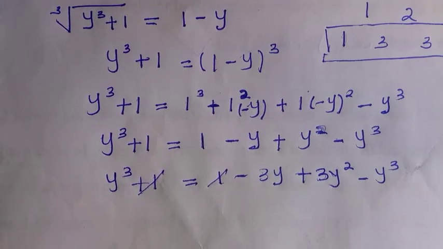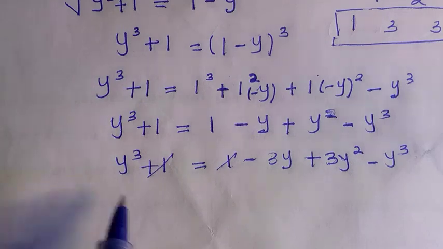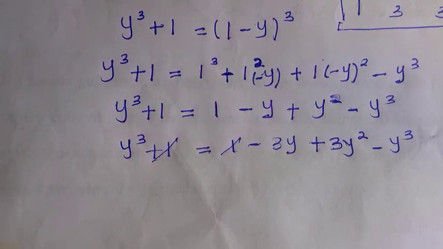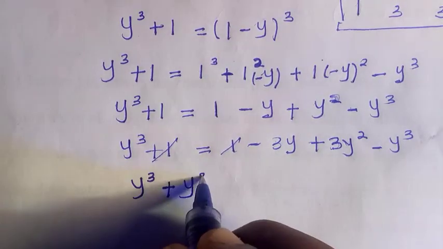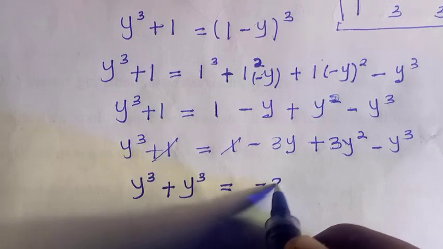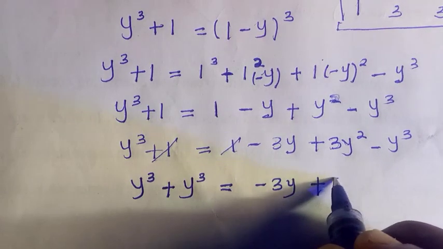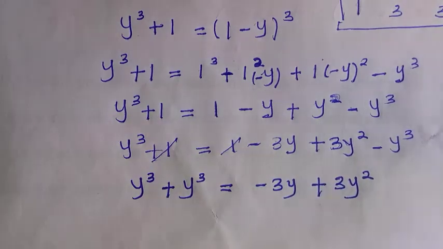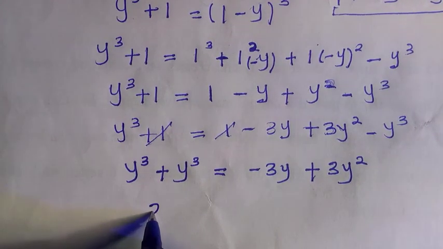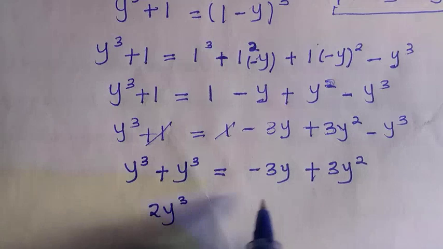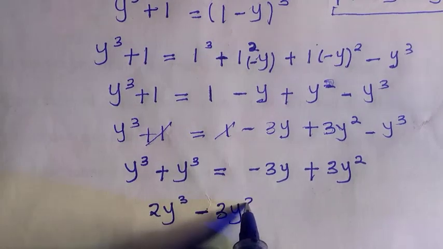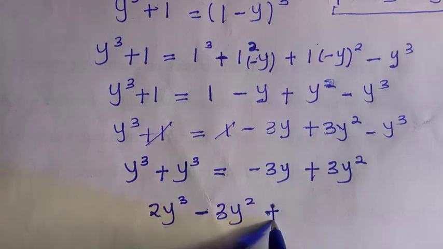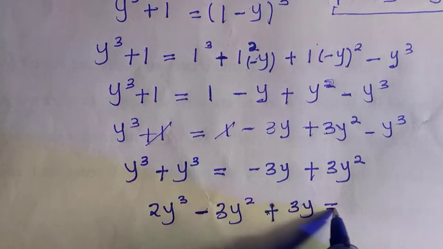So if this 1 cancels, and I transfer this y raised to power 3 to this side, we're going to have y raised to power of 3 plus y raised to power of 3, because it is negative it becomes positive here, and here we have negative 3y plus 3y squared. This 2 is 2y raised to power 3. We transfer all this, and this becomes negative 3y raised to power 2 plus 3y, and everything equals